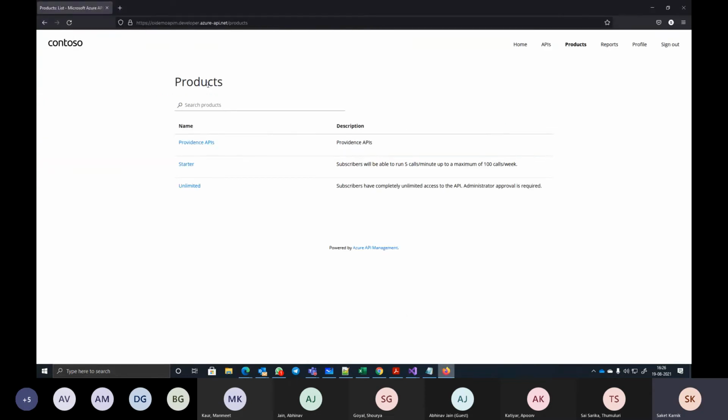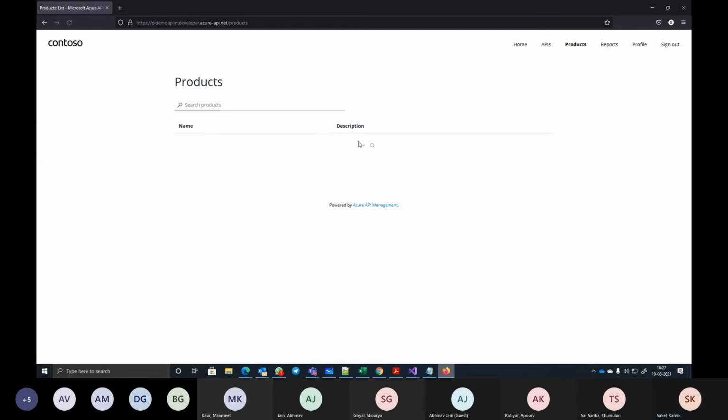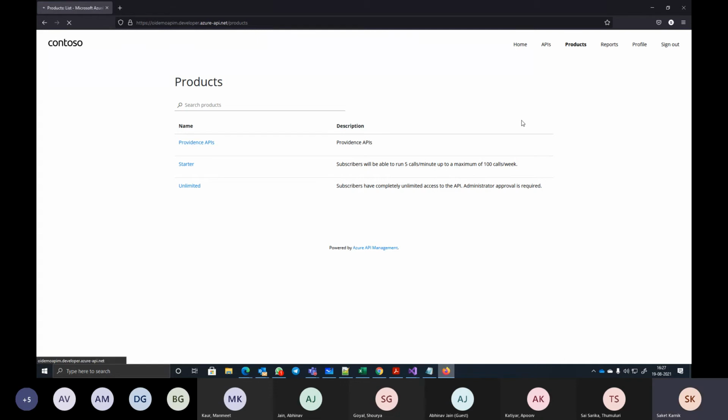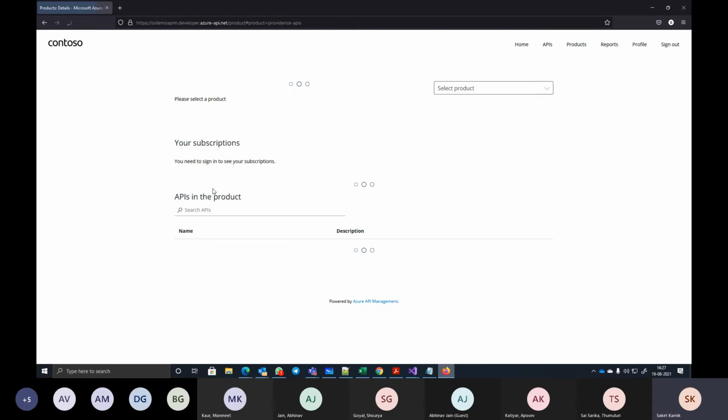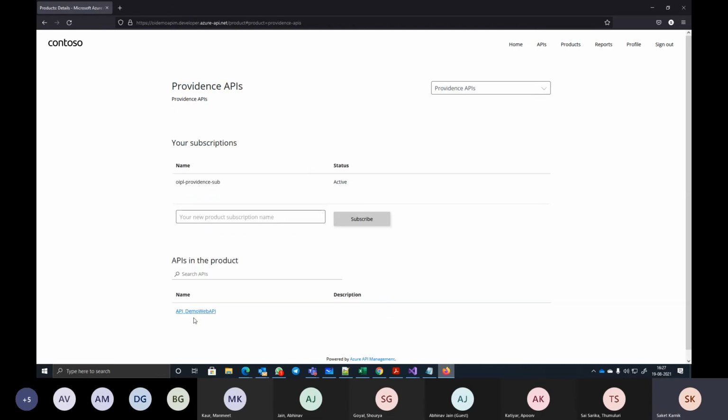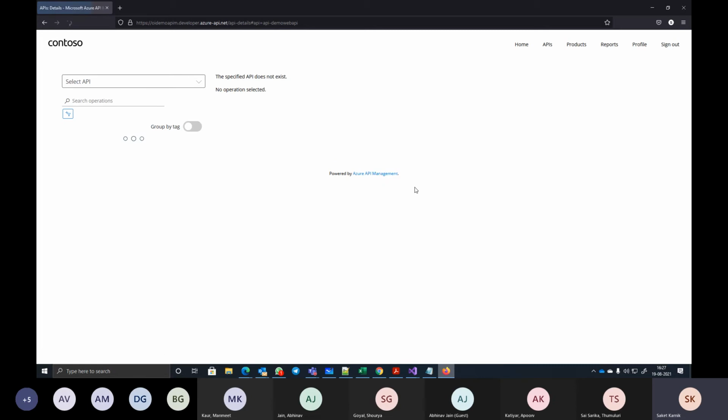I go back to Firefox. Just do a refresh over here. I go to Providence APIs, product, wherein I have API demo web API. See the subscription status has changed to active. I click this API here.